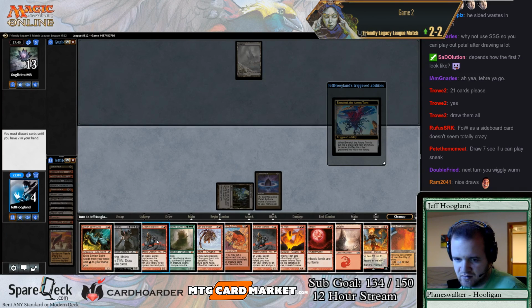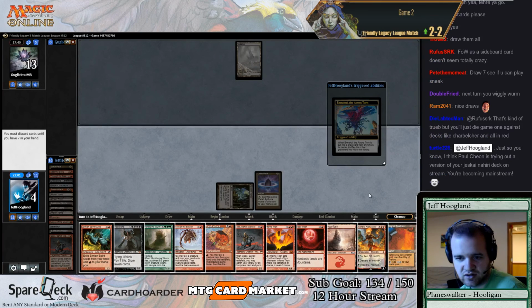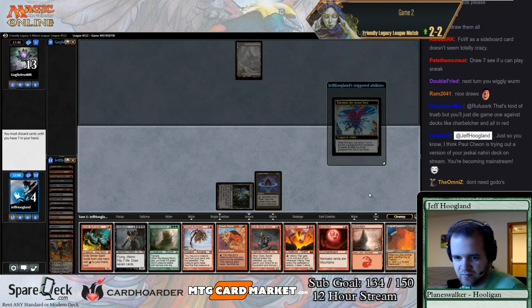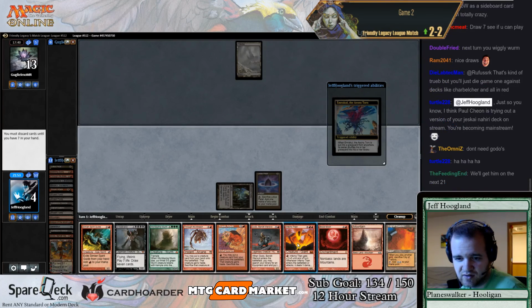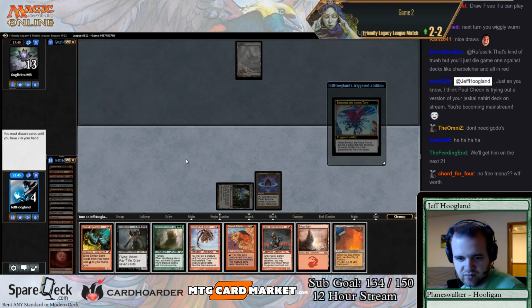Keep Godo, keep Chandra, keep an Inferno Titan. I feel like I'm supposed to keep Godo in case he gets rid of both of these somehow. Let's get rid of Blood Moon. And...